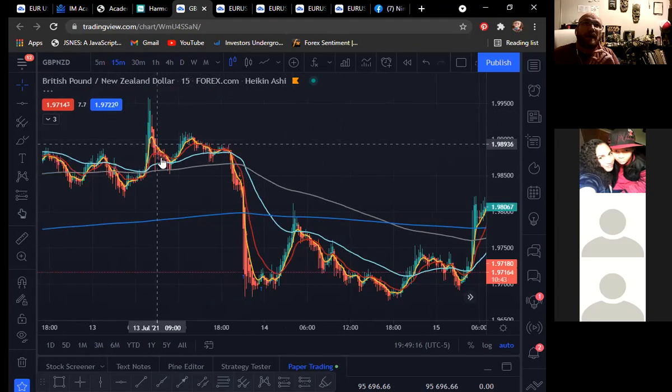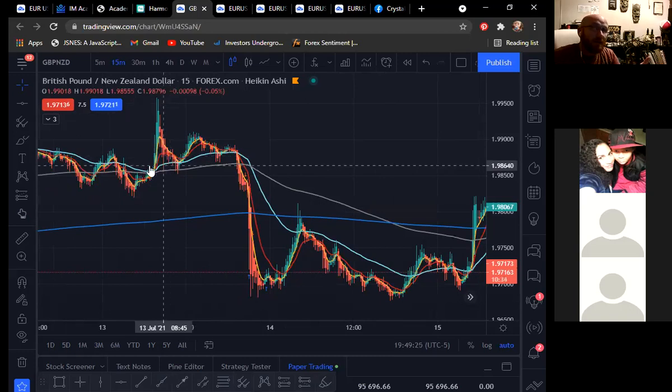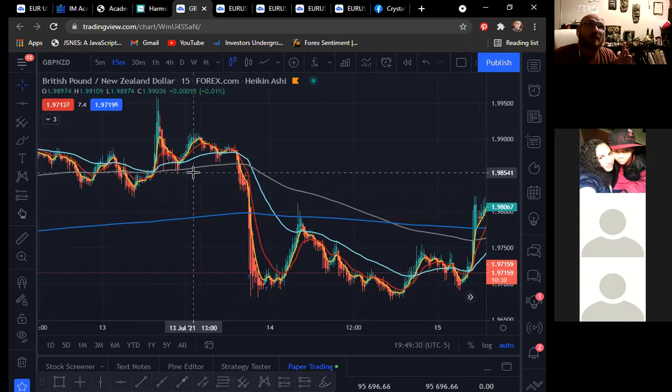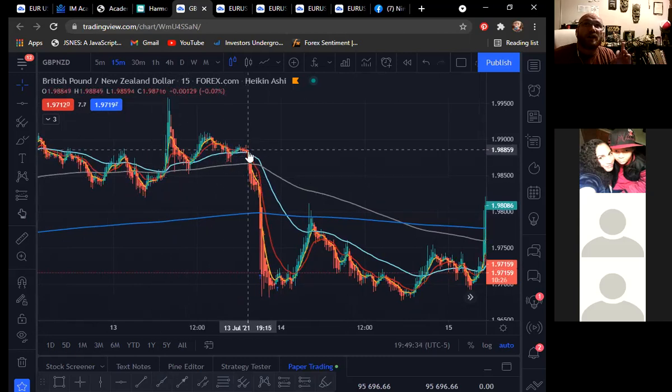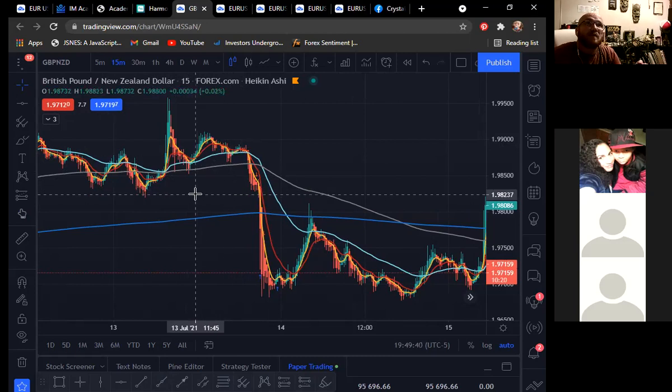You also have to watch for them to bounce. If they cross right here, right above the 50 EMA, I'm not entering that trade because the likelihood of bouncing off the 50 EMA is high. So you have to watch when they cross right here, right on the 50 EMA. I know that we're through the 50 EMA at that point,